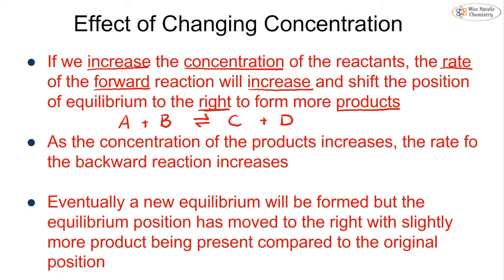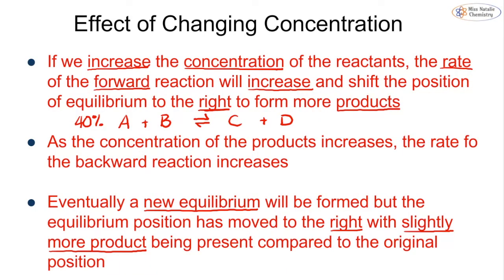As the concentration of the products increases, then we're going to have the rate of the backwards reaction increasing. Because again, if we're making more products, they are then going to decompose back into the reactants. And eventually, a new equilibrium is formed, but the equilibrium position will have moved to the right. And what that means is we're going to have a slightly higher proportion of the product compared to the initial composition of the equilibrium. So I start off with an equilibrium, let's say I have